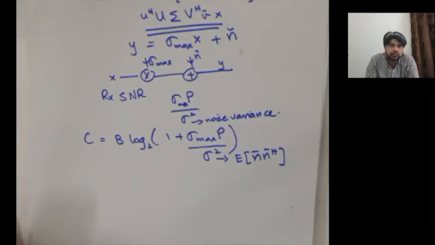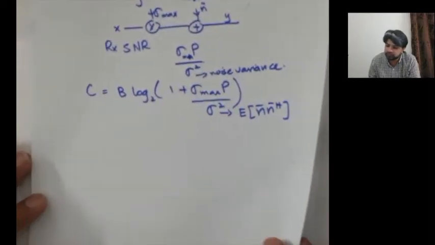But there is a fundamental question here: if you have MT transmit antennas and MR receiving antennas, what dimensions would you use for diversity and what other dimensions would you use for multiplexing? So that is a fundamental trade-off between the diversity and the multiplexing that we hinted towards in the beginning of the MIMO lectures as well.